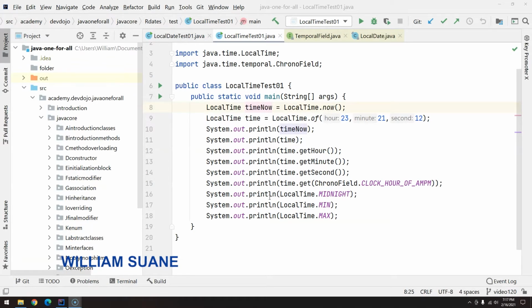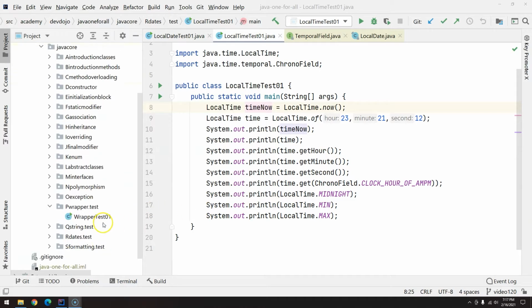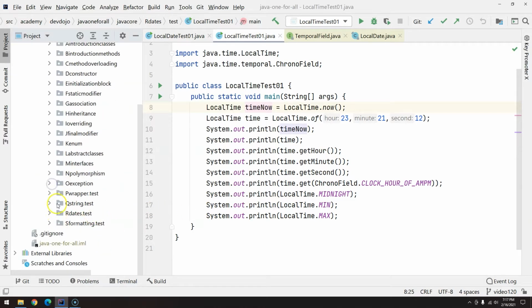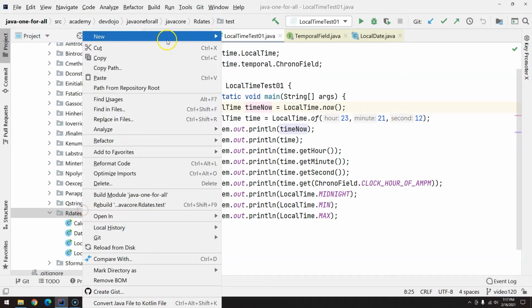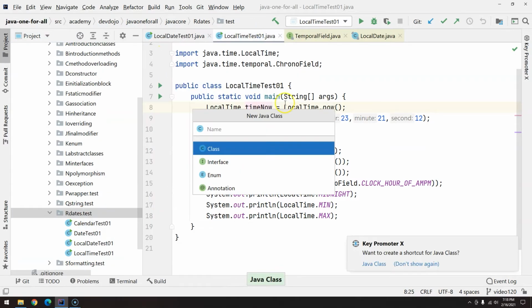Continuing the java.time package, now we are going to talk about the LocalDateTime. It is pretty straightforward. As you know, we have the LocalDate, LocalTime, and LocalDateTime is not very different. The only difference is that it will work with both date and time together. So create a new class, LocalDateTimeTest01,